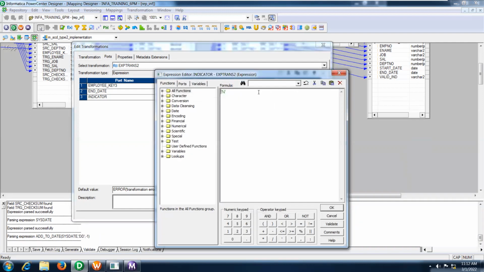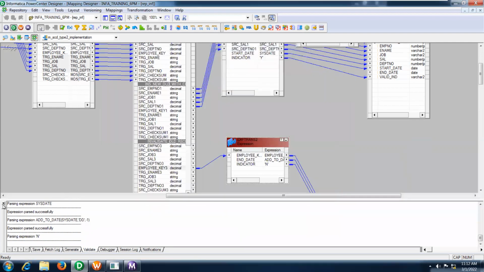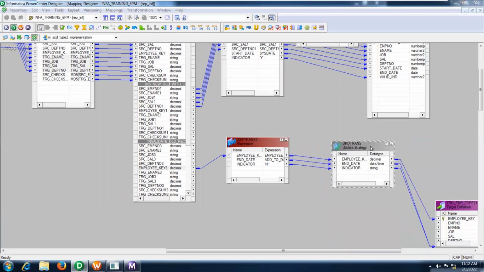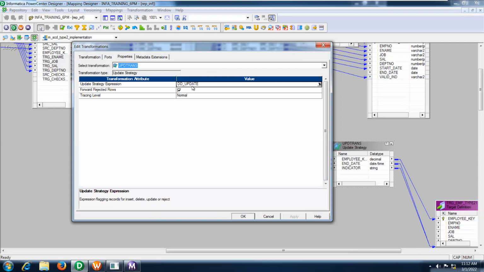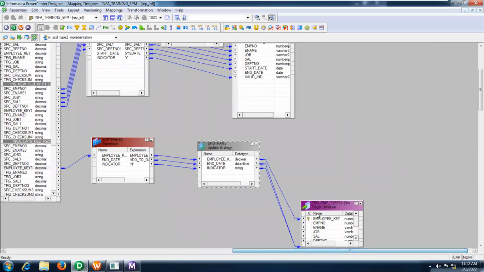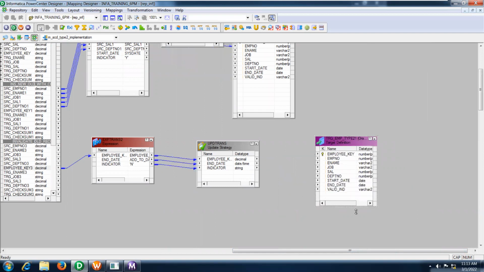This is the hard code. You can provide hard code in single quotes. So automatically what will happen? These ports you are going to provide to your update strategy transformation. What it will do? See, I am going to provide the constant name as DD_UPDATE. What are all the ports you are getting from the upstream? Upstream here it is the expression. Those values are going to be updated with the help of the update strategy transformation. And you just give the connection from here.